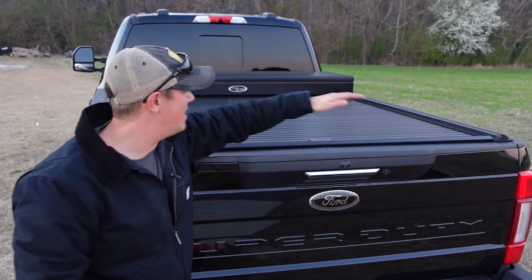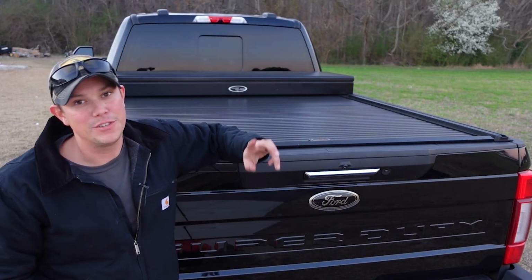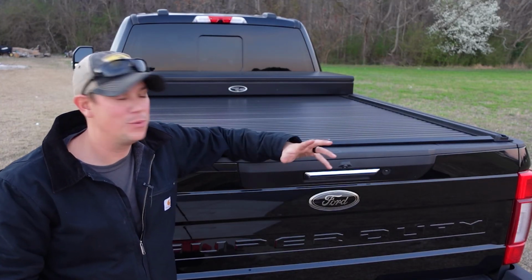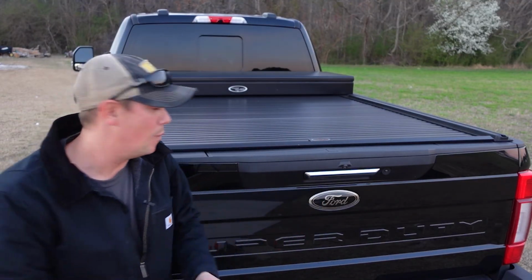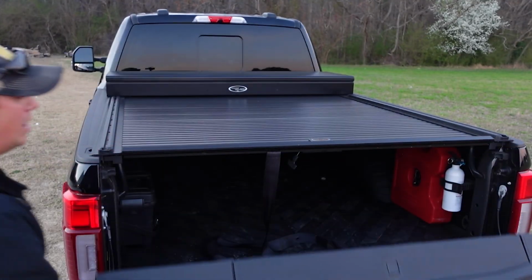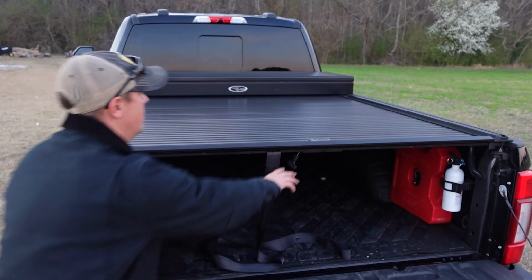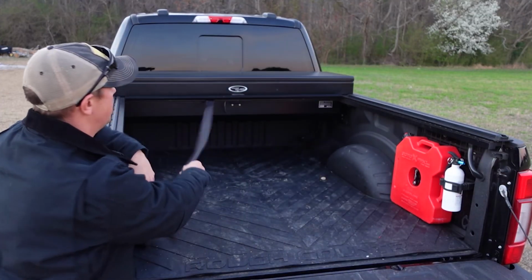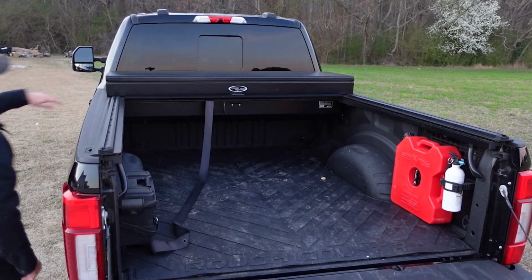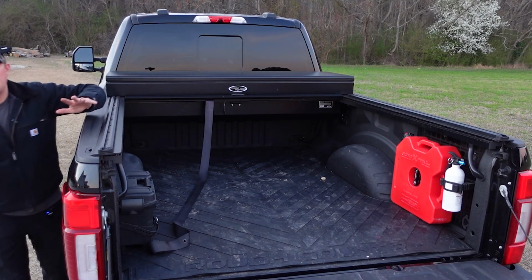Now, honestly, I never really use that because it locks automatically, and I also have a locking tailgate. So there's really no reason for me to have to pull out my key and unlock this every time, when all you really need to do is drop the tailgate. You'll see right here it has a little release tab. I'm just gonna pull that and then push it back. And it retracts all the way back into a cavity inside the toolbox, so you're not losing any bed space